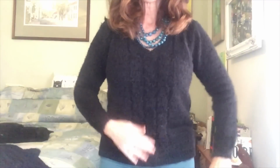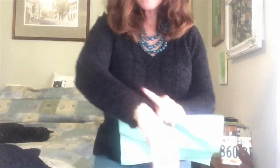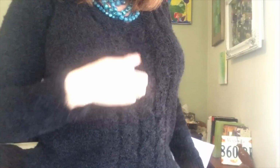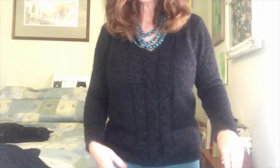The sweater is Emory Park Mona V neck fuzzy pullover. It's $44, which I think is a great price. It's got the kind of eyelashy, nubby sweater, super warm, and it's got just a slight little cable. There you can see, pretty cute. It's got some slight cable texture, and the V-neck, maybe I'll take the necklace off so you can see good, because I think this is a very flattering silhouette for a lot of people. The V,